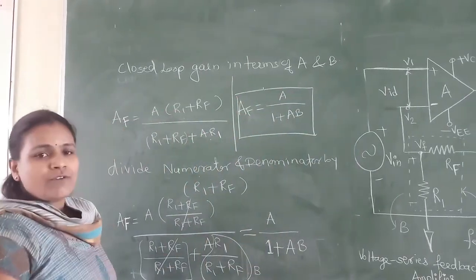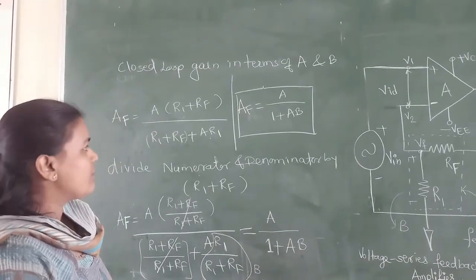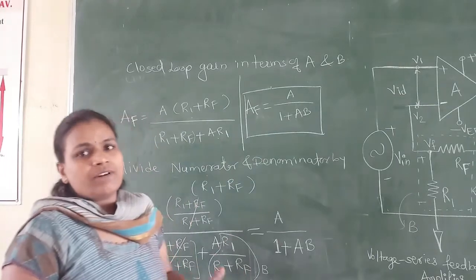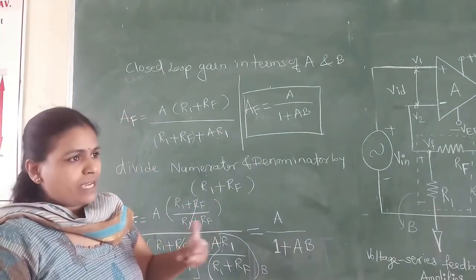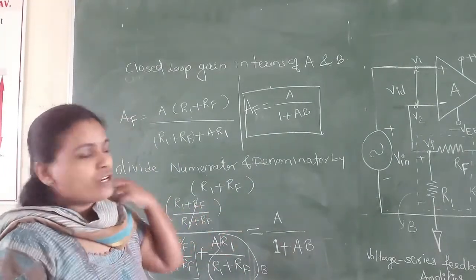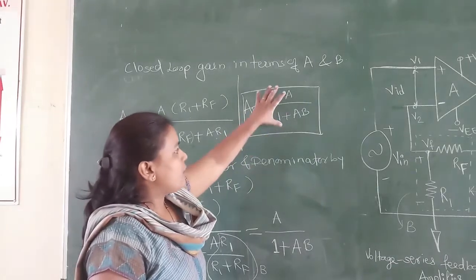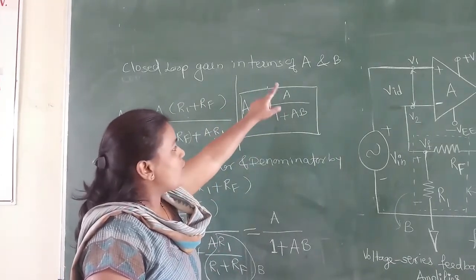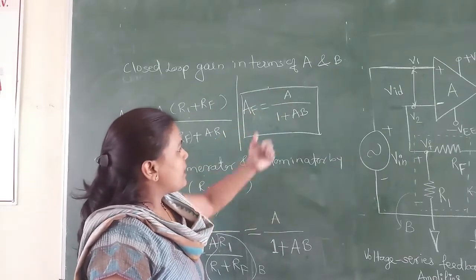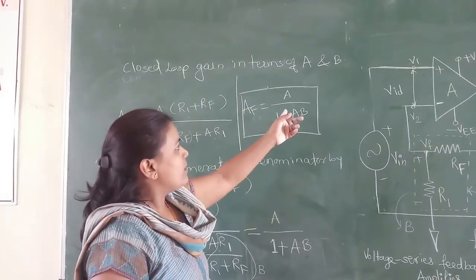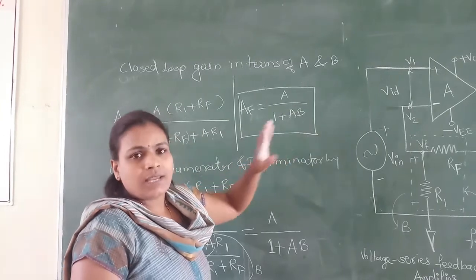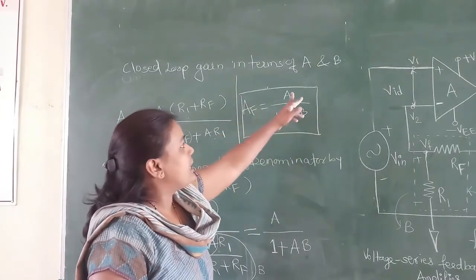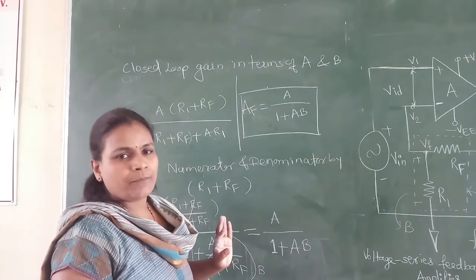In the same way, for the inverting amplifier with feedback, we have to represent AF. So we can compare which network will give maximum gain, or how we can reduce the open loop gain A. Now this equation represents that the open loop gain of the op-amp is reduced by a factor of 1 divided by 1 plus AB. It is reduced by 1 by 1 plus AB times the open loop gain A.